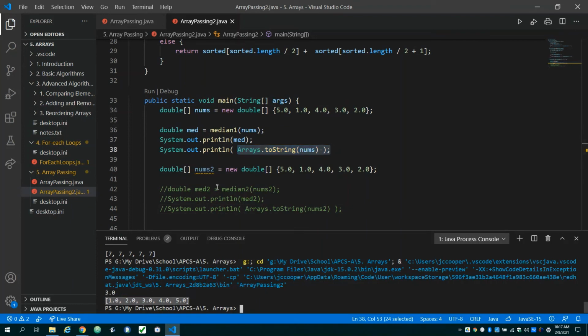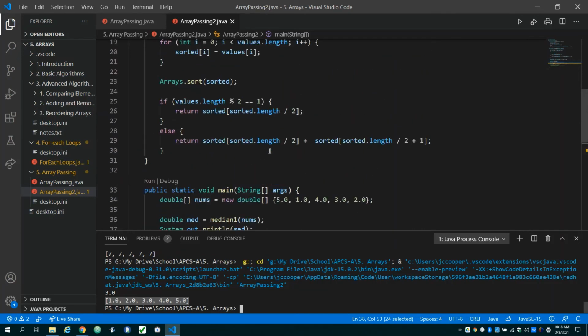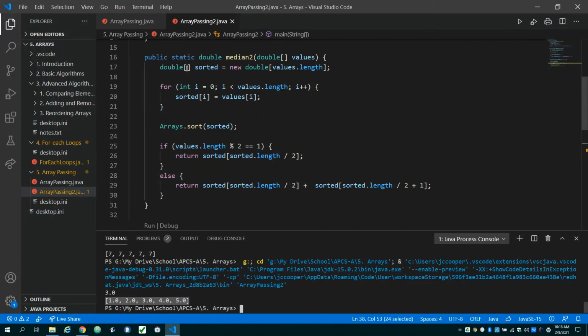And this may be a problem because maybe it is going to mess something else up, that we actually changed the order of these numbers. These numbers could have been in order for a reason. And so in order to avoid that mistake, let's say sorting is something we want to do in a function just to figure something out. What I did here, and this is a median function that will work without changing the original array, is